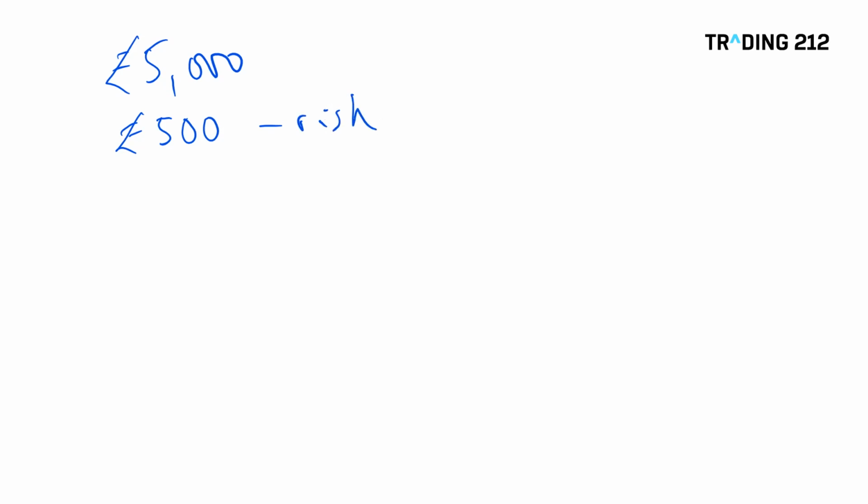Now let's say you have a bad run, which is perfectly possible, and you have 5 losing trades on the trot. So 5 losing trades after each other. You're risking losing £500 on each trade, so your account has gone down to 2,500. So you're now in a position where you need to have 100% return. You need to double your account just to get back to where you started. This is an incredibly demoralizing position to be in.